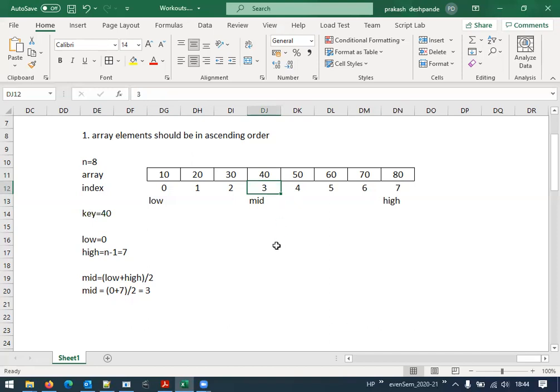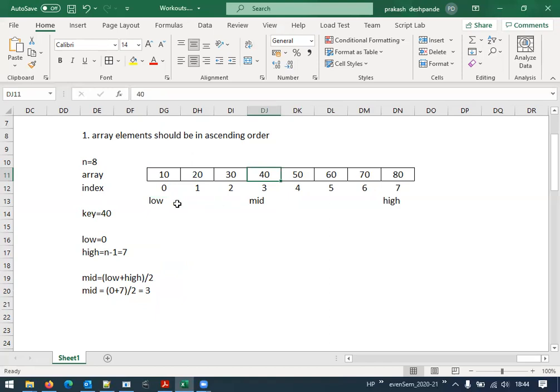If you compare the same thing with linear search, in linear search we would probably have compared 4 times: first with 10, second with 20, third with 30, and the fourth time with 40, and only then could we say the search is successful.